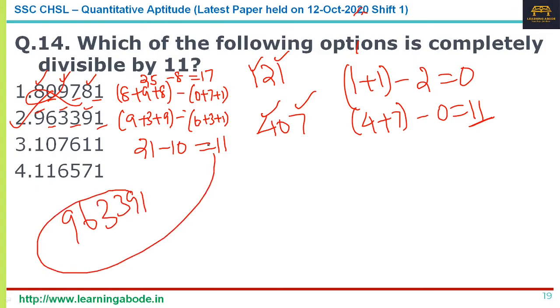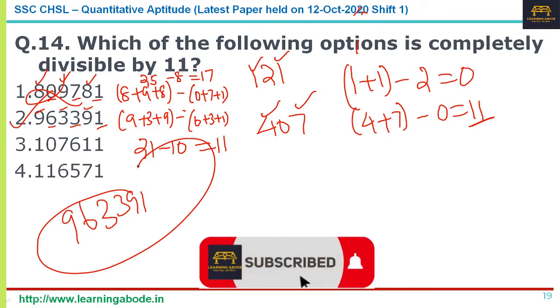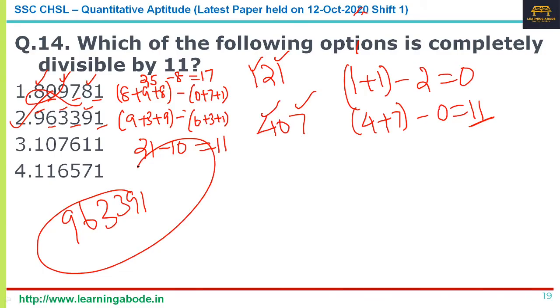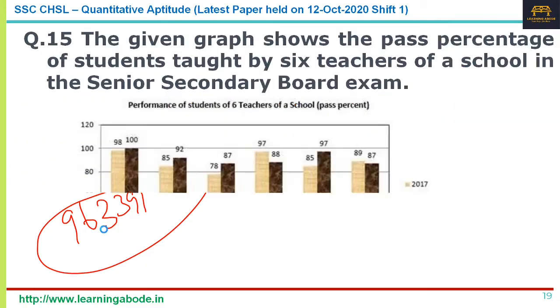Right, after that you don't have to check, because only one of them is going to be correct. Once you confirm the second option, you don't have to check the third option. If you're curious, for the third option the difference would be 9 minus 7, 2, the difference between the sums of the digits. And for the fourth option, it's going to be 14 minus 7, 7. But otherwise you don't have to check option 3 or option 4. The moment you get the answer at option 2, or let's say option 1 was the answer, you can just mark it and move on. Don't waste any further time, because all you have for the 100 questions is only 60 minutes, right? So option 2, 963391, is the answer for question number 14.